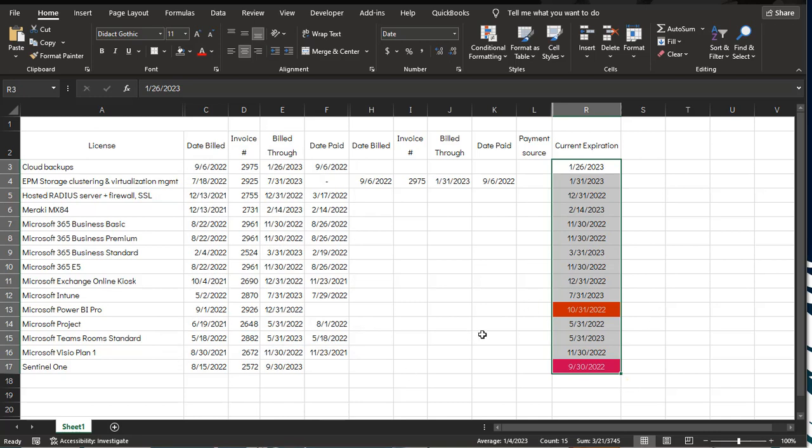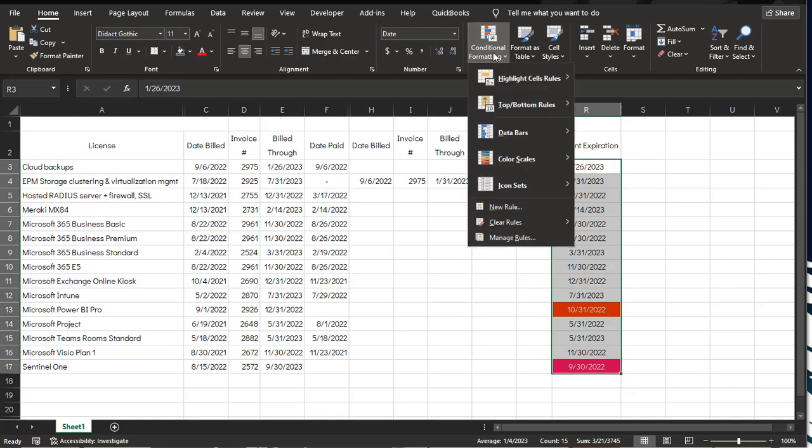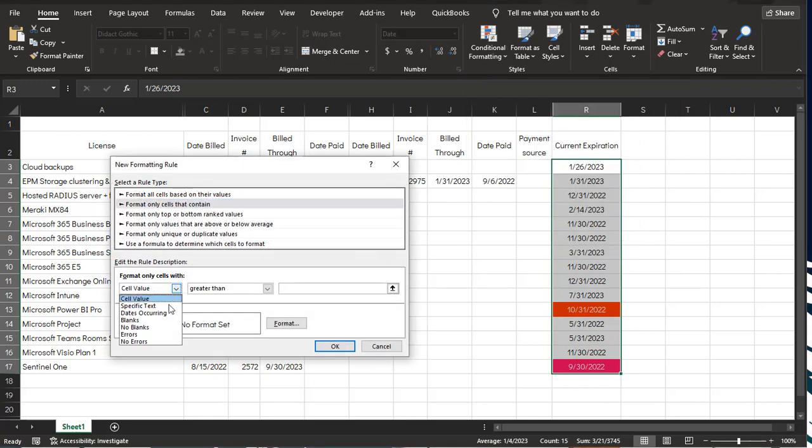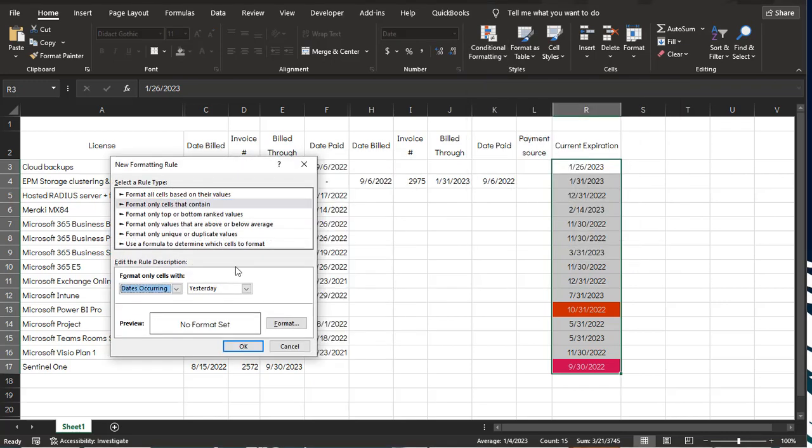So what I like about the preview is you can actually see what it's going to look like before you apply it. So now there's one date I have in here that's next month. Now, sometimes I might want to know, here's the biggest problem I've had with the conditional formatting date-based is when I go in here, and I say more rules, and I say dates occurring, I might want to know something